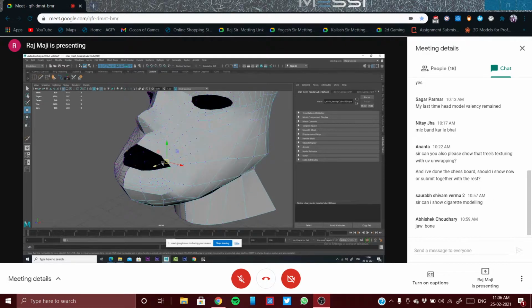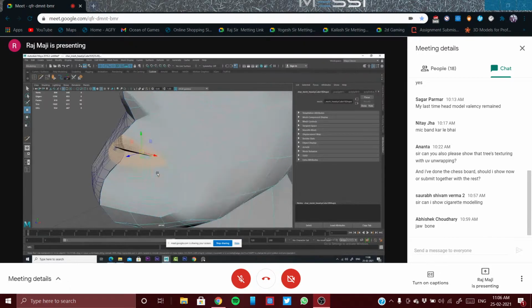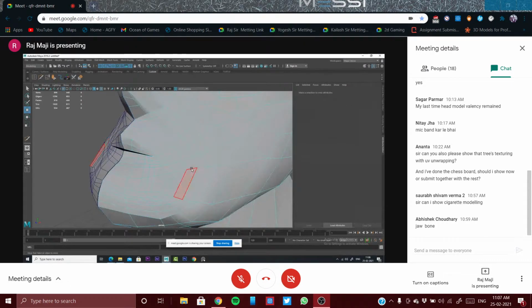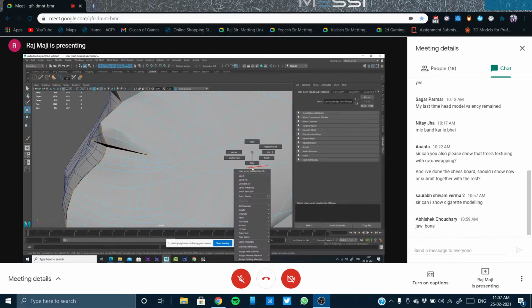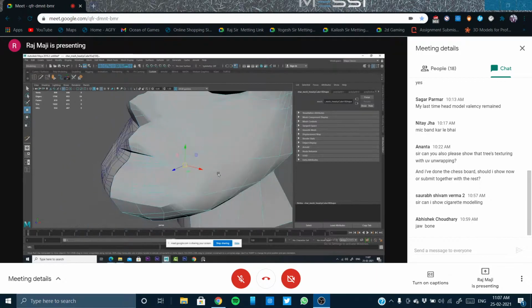Now you have seen this, right? Now I will just undo it. You will understand the problem. Okay, see, this loop should be this loop, this middle one. It should be connected with this. Yeah, not upper lip. This center. Above this loop, everything should come to the upper lip, and below this, everything should go towards the lower lip. That's the thing.